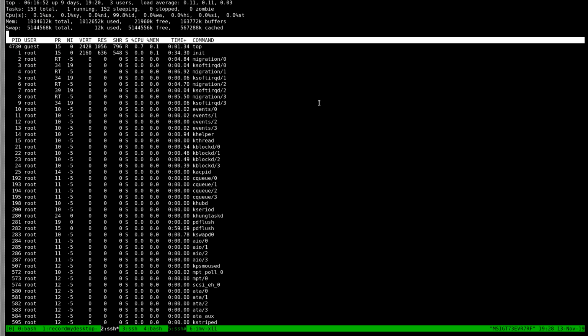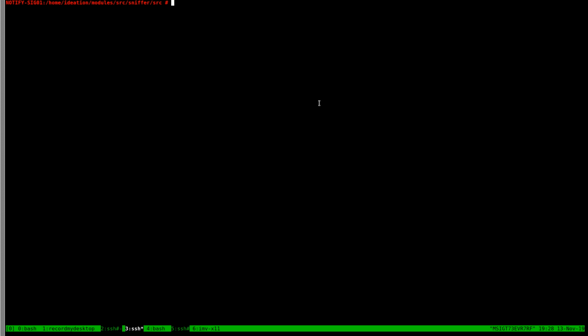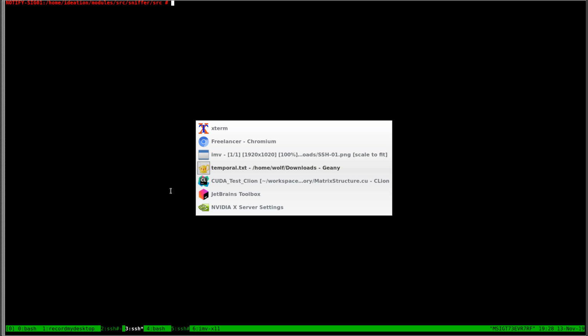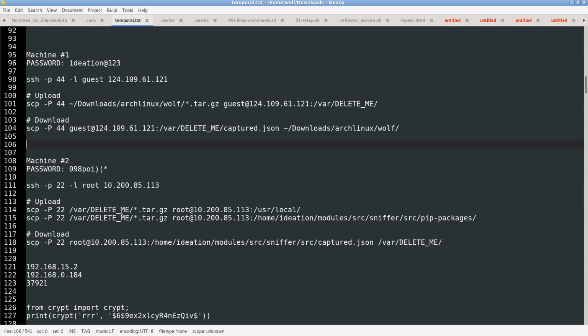Hi, this is the tutorial for how to capture all the packages and convert it to JSON. And let's start. I'm logged in the server with the API